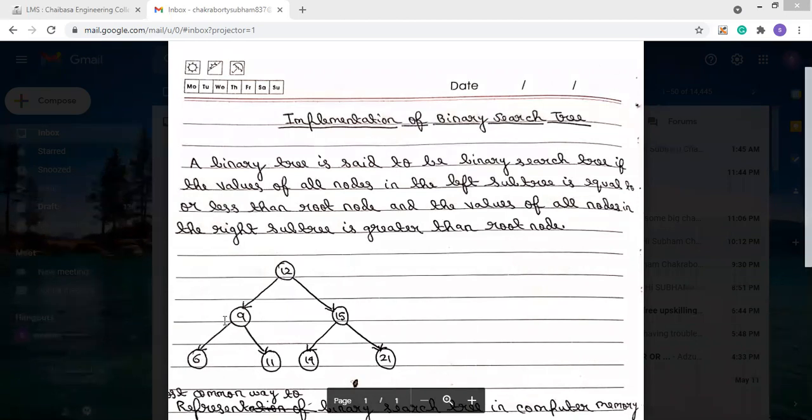So that means all the nodes present in the left subtree are less than or equal to the root node. And on the right side, the nodes present are 15, 14, 21. That means all the nodes present on the right side of the root node are greater than or equal to the root node.